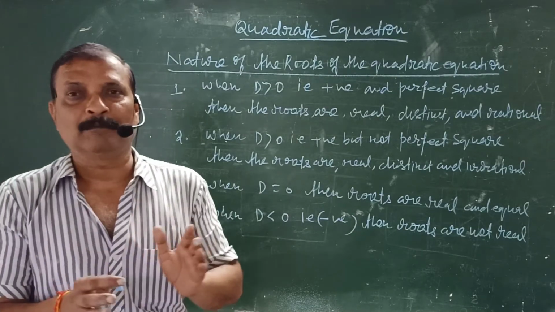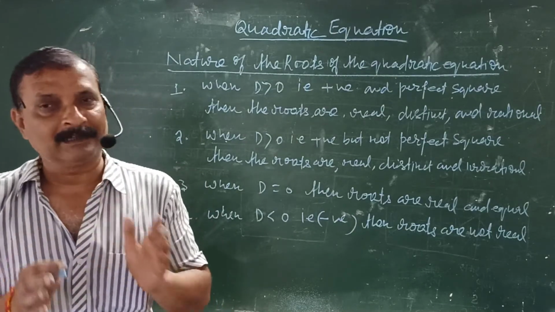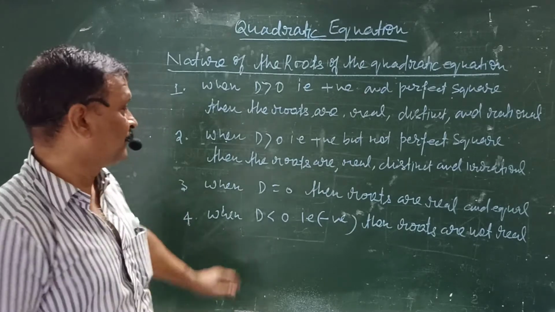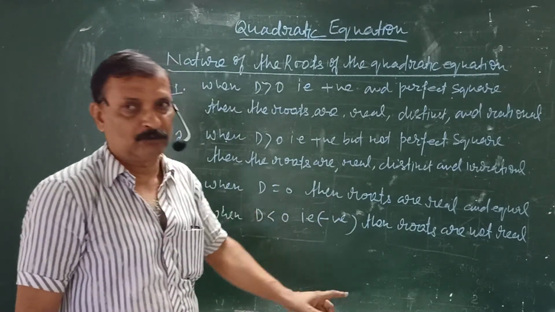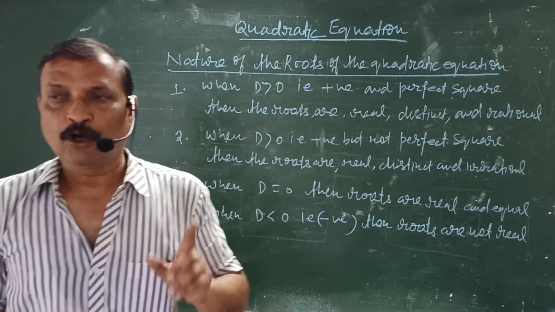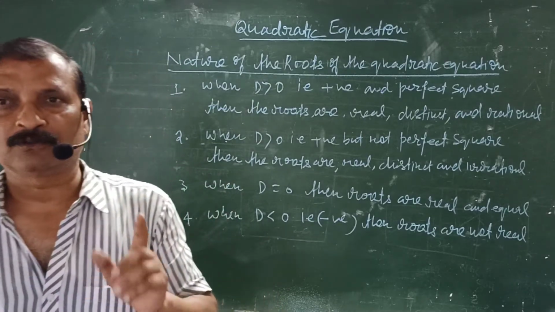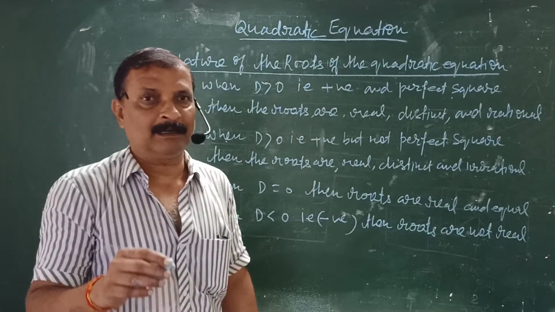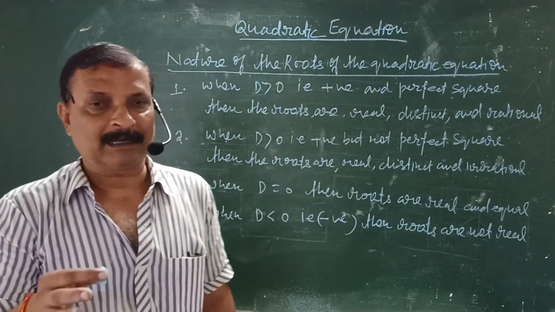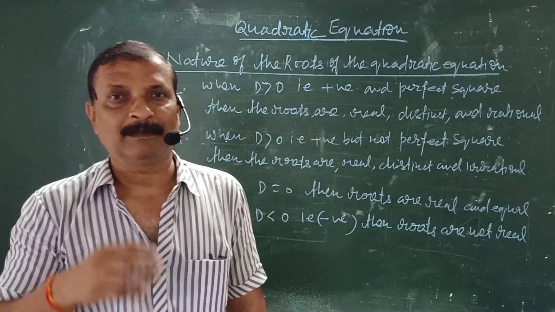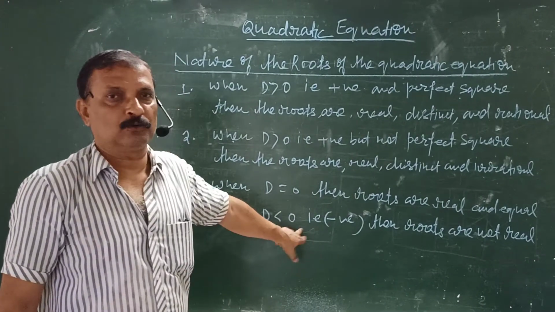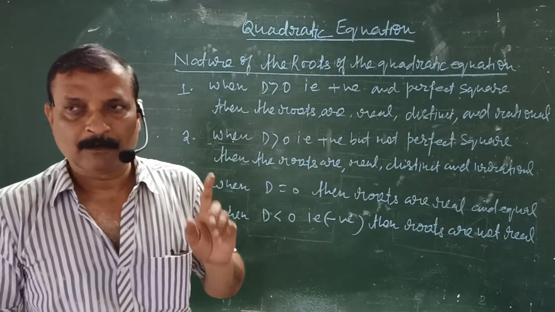In the high school syllabus we find only real roots, not imaginary roots. इमेजिनरी रूट मीन व्हेन d is less than 0, नेगेटिव वैल्यू आती है, उस कंडीशन में उस इक्वेशन के रियल रूट्स नहीं होंगे, इमेजिनरी रूट्स होंगे. और हाई स्कूल के सिलेबस में रियल रूट्स के बारे में ही बताया गया है, इमेजिनरी रूट्स के बारे में नहीं बताया गया है. तो इस कंडीशन पे उस क्वाड्रेटिक इक्वेशन को सॉल्व नहीं किया जा सकता है.